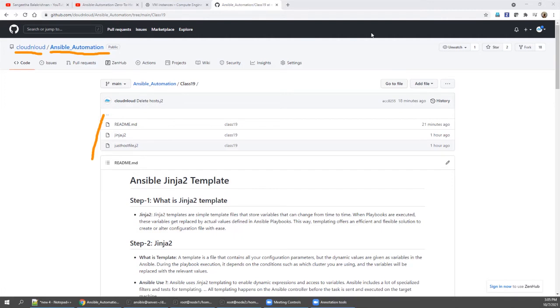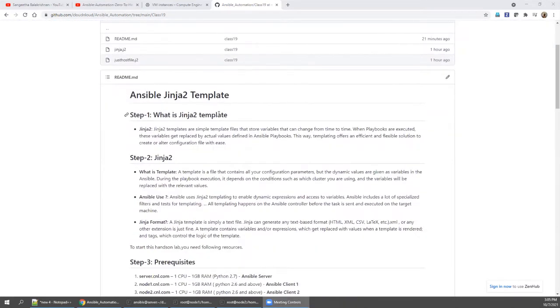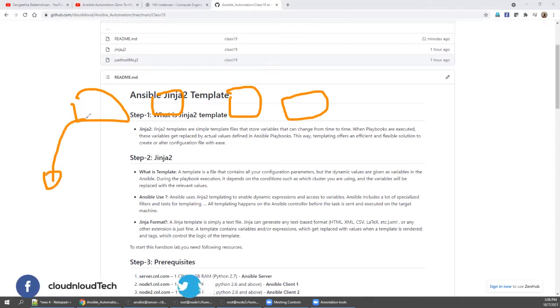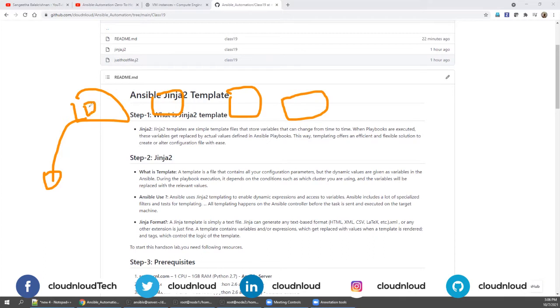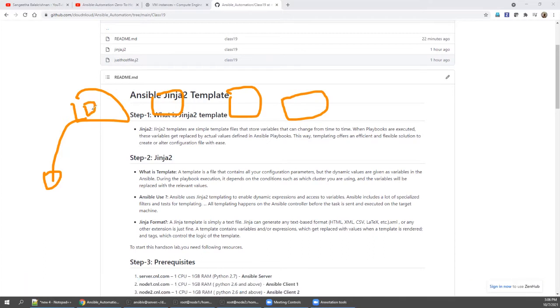Let's go inside. What is meant by Jinja 2? Jinja 2 is a template. Say for example, in my project I have 1,000 servers, and I need to deploy a single configuration file. But if I copy the same configuration file to server one, I need to change the server name, IP address, or some configuration related to this machine.